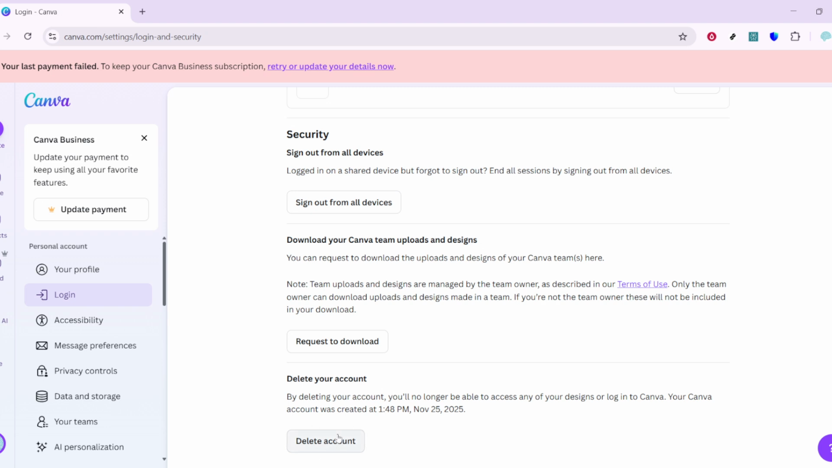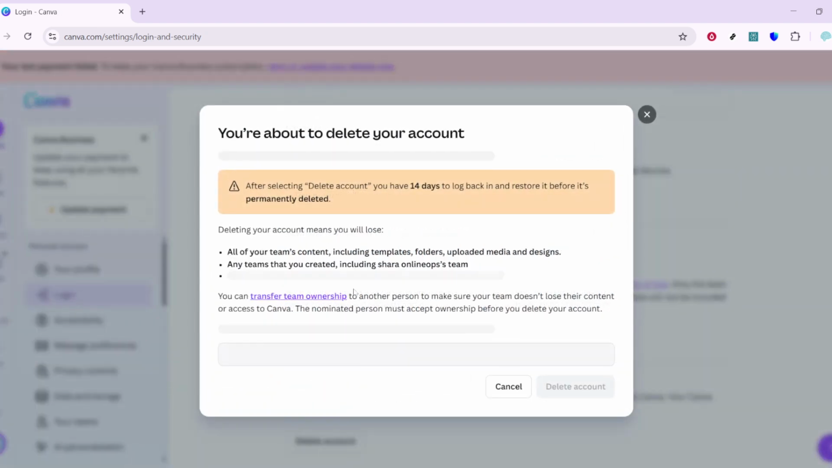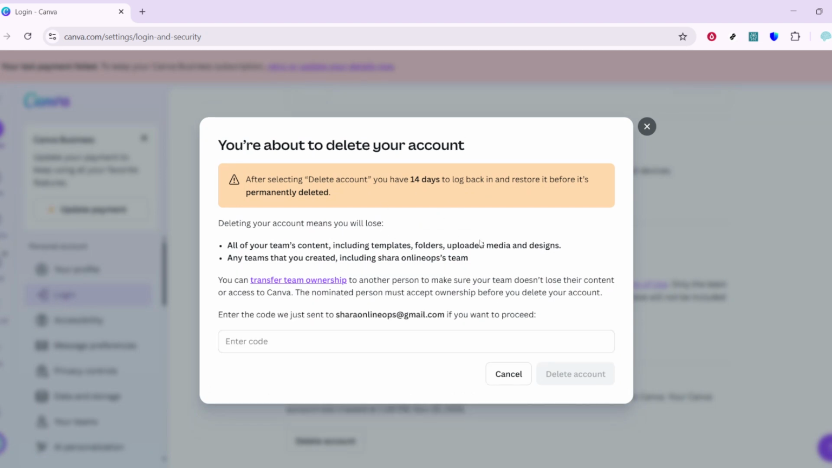Use this carefully. Deleting the account means you'll permanently lose your designs, folders, brand settings, and any other data associated with that profile. If there's anything you might need later, consider downloading your work or confirming you no longer require access before proceeding. If you simply wanted to check whether unlinking Google is possible, you've now seen the definitive answer